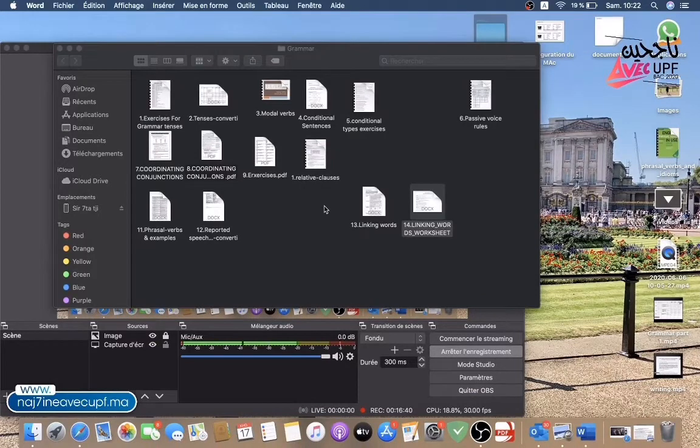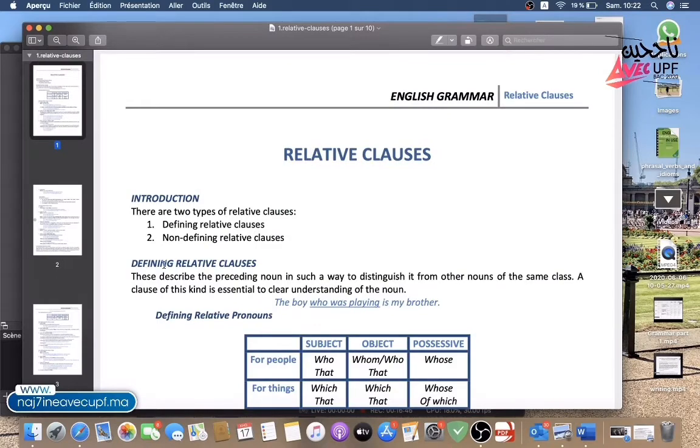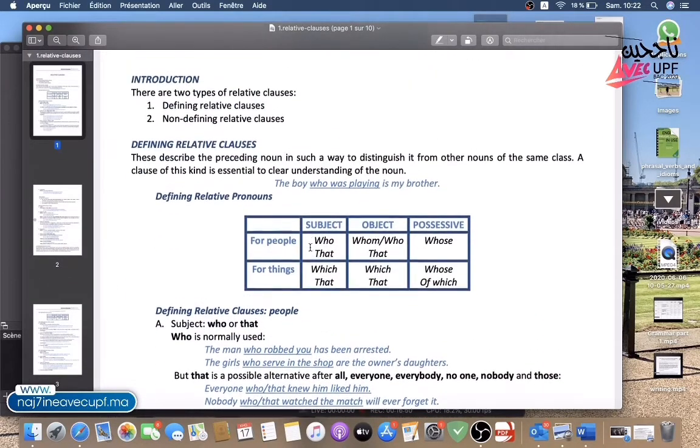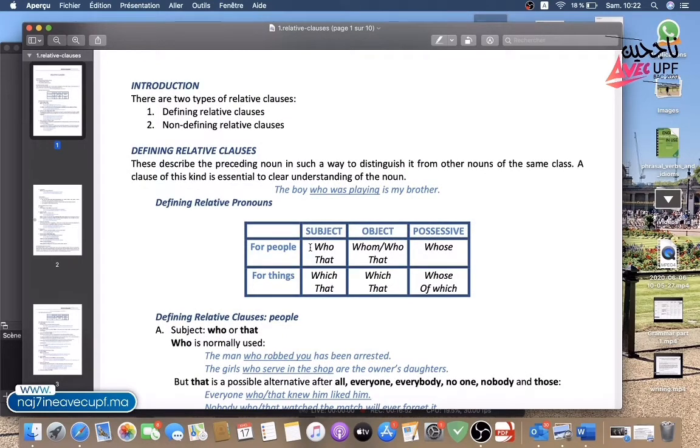Je passe maintenant aux relative clauses. Alors, c'est important, the relative clauses, okay. There are two types of relative clauses: defining relative clauses and non-defining relative clauses. Alors, we start with defining relative clauses, which are